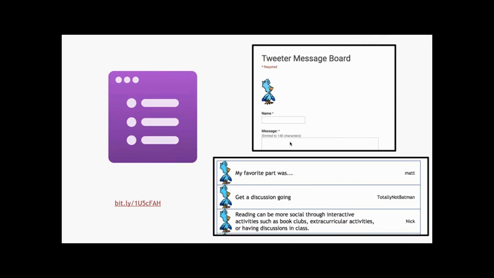And one of my favorite tools, this is called the Tweeter message board. This is just simply a Google form, and if you want more information on this, I did provide a link to a blog post that I made. But essentially what it is, is taking a Google form and creating a Twitter feed. And so there's some really neat steps that you can follow on here, and your students can post, and as you can see, you have your students comment, and then you also have your student's name, and it limits them to 140 characters, like Twitter. All it is, is a